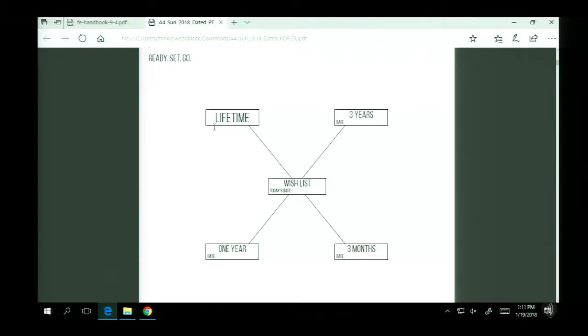So think about lifetime goals. Where do you want to be down the road? Then look at your 3-year goals. For most of you, your 3-year goal is that senior year in engineering school, if you can possibly wing it, right? So you may be a junior in engineering school, but somewhere along that line. So maybe 3 to 5 years, looking at where you want to be at the end of your college career. And then the 1-year goal, where do you want to be in December? And then what do you want to do within the next 3 months? Or what do you want to do by midterm? Okay? So those kinds of goals help you kind of focus. And that really gets you focused because